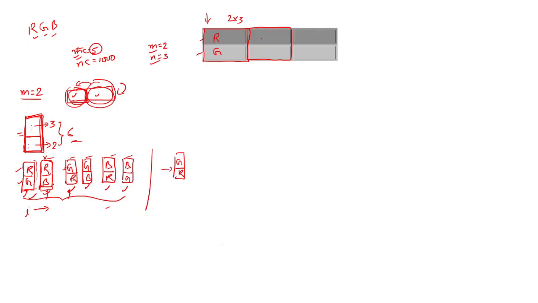Now this GB, can it be put there? G is not equal to R, G is not equal to B. Okay, so G comma B is also a candidate that can be put here. Now see, if we try B R, okay, not matching, R, okay, not matching. So B R is another string, or you can say column, that we can put in this particular place. If you see here, B R not matching, G G matching, so we can't put this, because then this G and this G will be the same. We don't want that. So you can see here we have three candidates to go in the second column if we have picked R comma G.